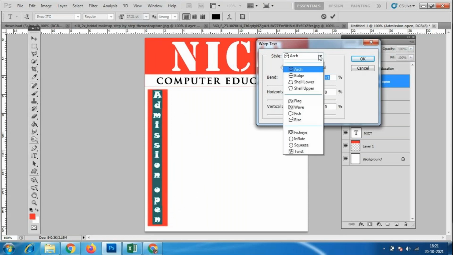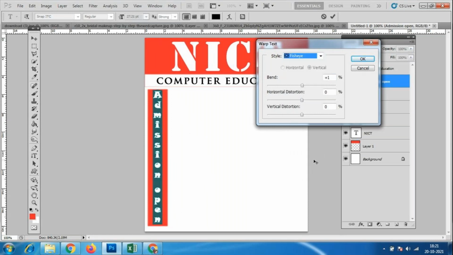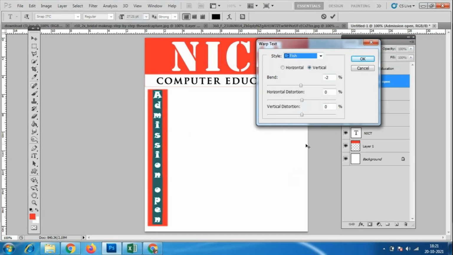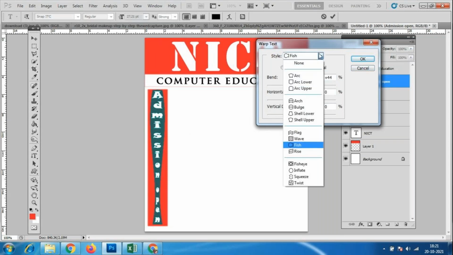And we have this fish kind of texture. So all these textures give different kinds of warped text. Look here, you keep making changes like this, and it will come as a fish kind of shape. Apply all these things.